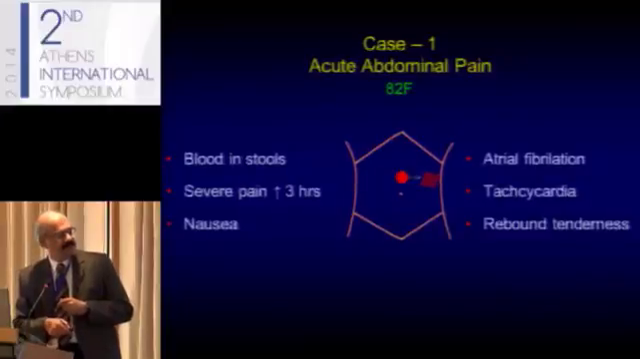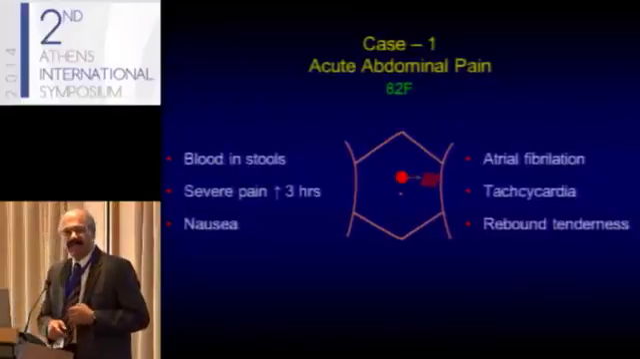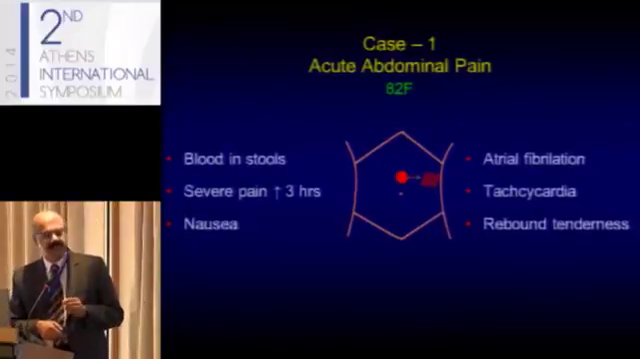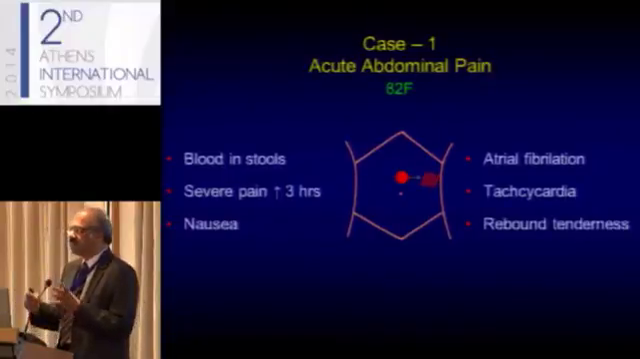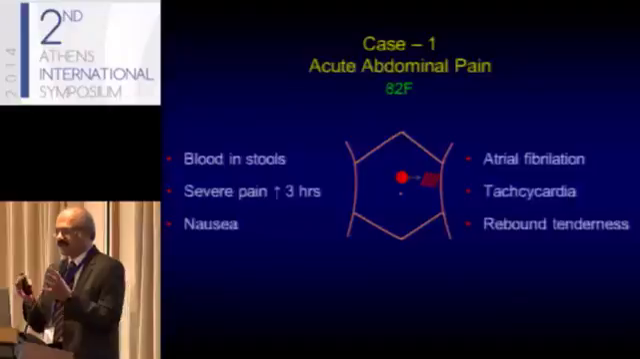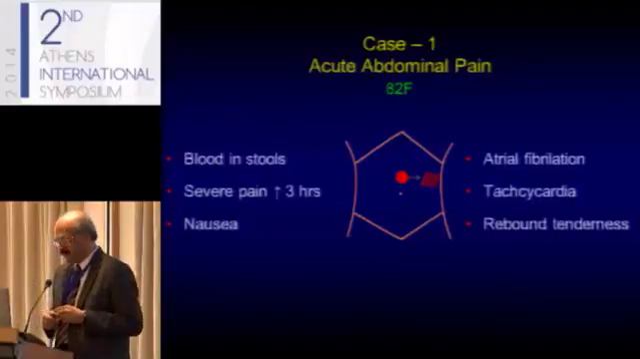On clinical examination, there was tachycardia. There was atrial fibrillation, and this patient was on anticoagulants. And on examination, the only positive sign was a rebound tenderness. Now, this is a very classic picture, and the diagnosis, I'm sure you must have already thought of, is an